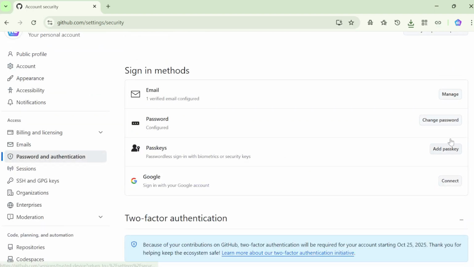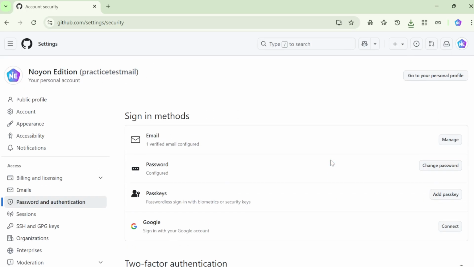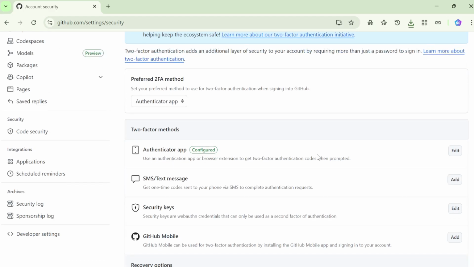And that's it. By following these steps, your account is protected, allowing you to focus on building, collaborating, and managing